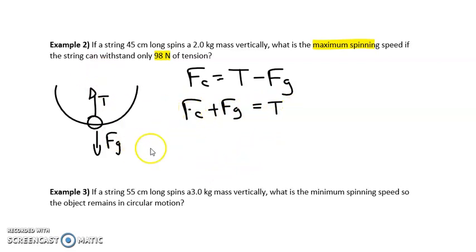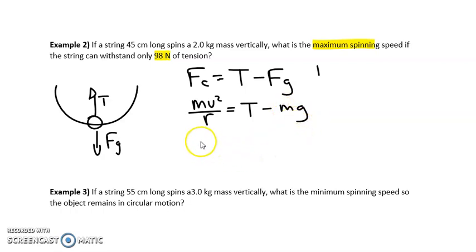Now, the centripetal force is mv squared over r. Force of gravity is mg, is going to get that tension. I just realized I'm looking for the velocity. So really what we should be doing is taking that, let's just erase this here. Because we're looking for that, we will want to say mv squared over r is equal to that tension minus